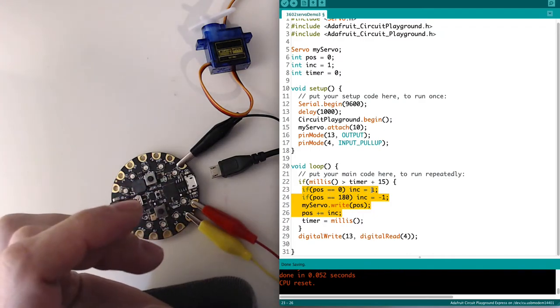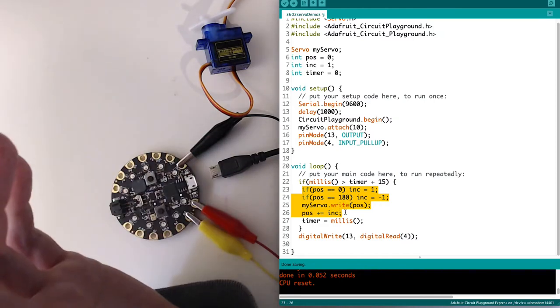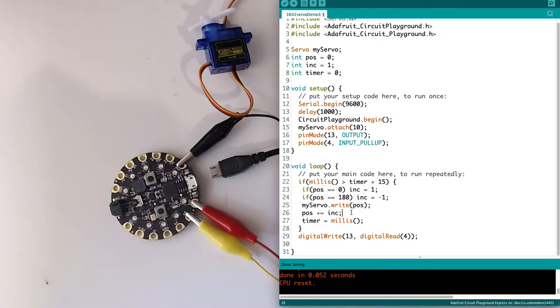If position equals 0, make the incrementer 1. If it's 180, make it -1, write the position, and then plus equals the increment. That's all the same. So the only thing that's different is this conditional that I've put this stuff within. And so I'm saying if millis, which is a function built into Arduino,